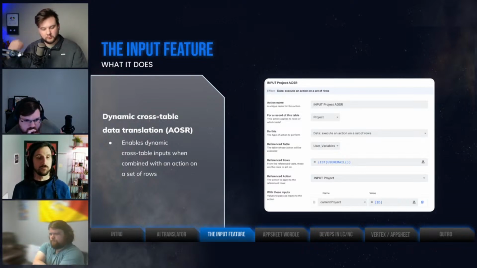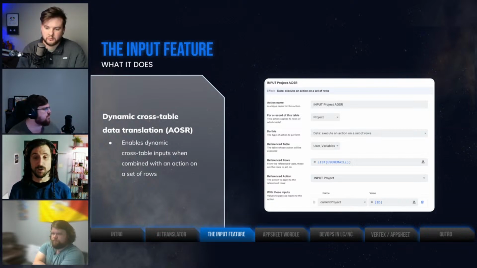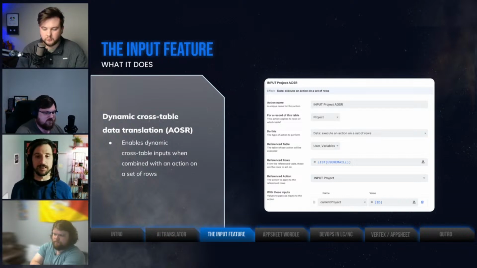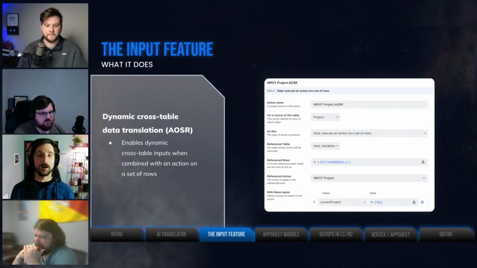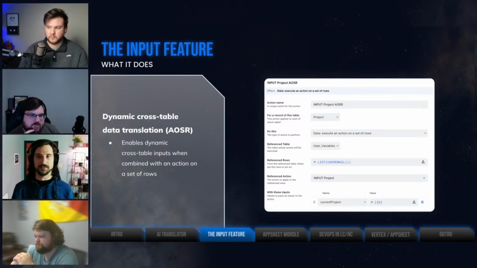Now that is a helpful feature, but I think the second use case is actually much more powerful. And for me as a developer, it saves me so much time, and I'll try to explain why. What it's doing is enabling you to provide a cross-table data translation. What that means is you are essentially taking a value from one column in one table and putting it into a different column in a different table. And the experience there is